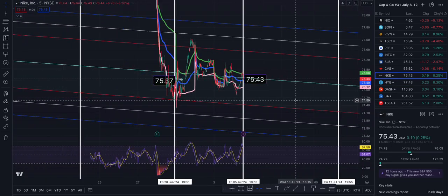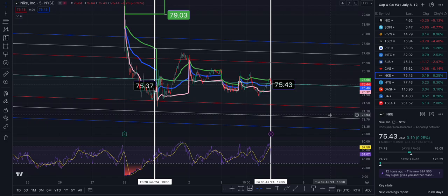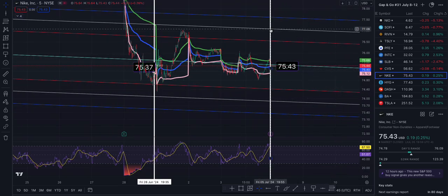All right, Nike. We ended the week at 75.43, up 0.25%. We are at the middle of the trend and VWAP basically as well. To the north side, 76.54, 77.08, 77.62,